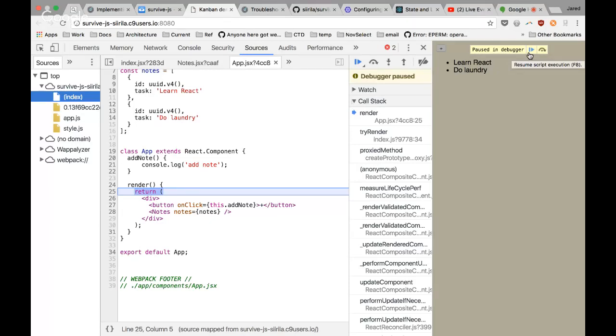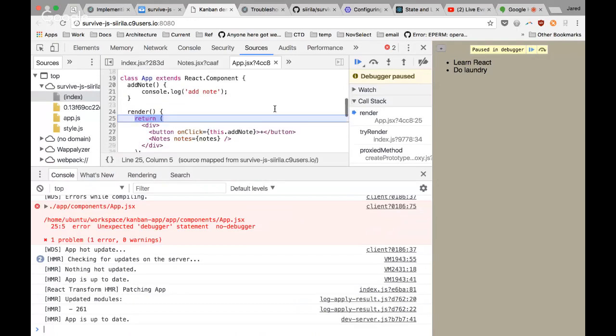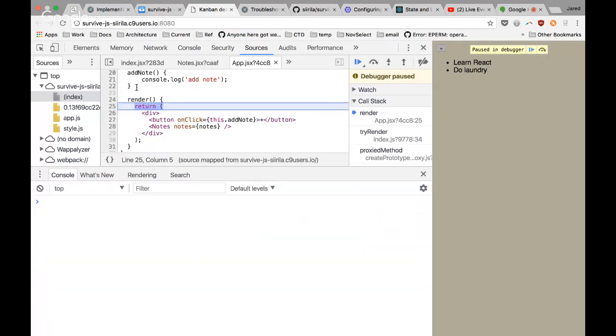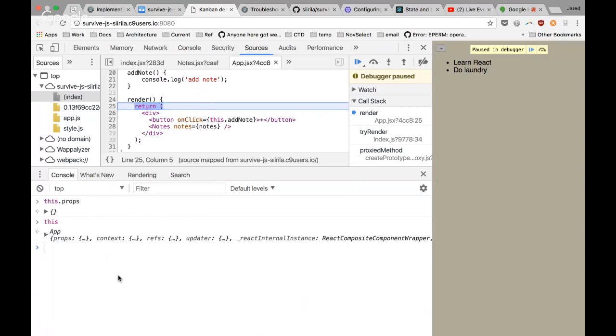And we may give some basic introduction to it. But at this point, there's a ton of stuff that you could do. You could, for example, pull up your console and you can see any variables that exist right now on this object. So this dot props, you could see the props on this component. Well, it doesn't have any. You can just look at this component as a whole and see everything about it. It's got props and state, except that's null, and a lot of other extra things. If I pass values into this render function, you could even see what those properties were and look at them